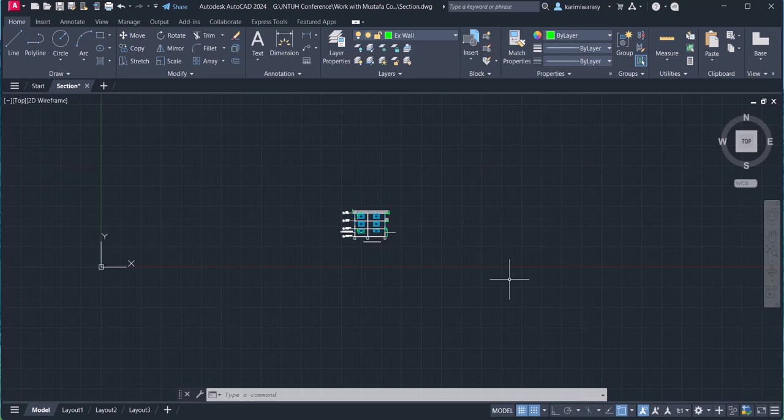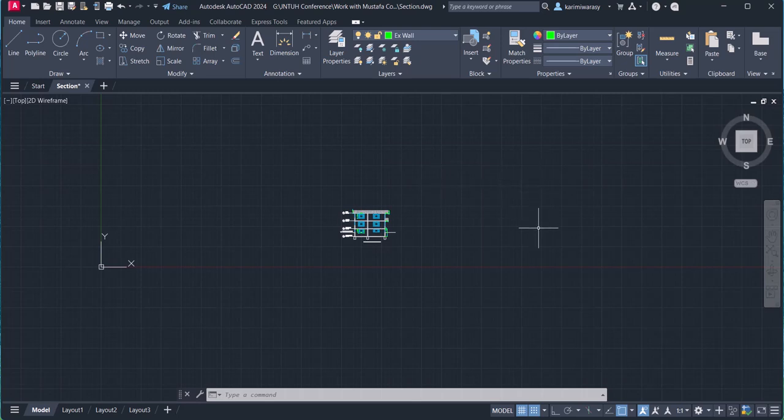In today's video I'm going to show how to bring the project plan in AutoCAD to the origin. This is the origin of the AutoCAD, and we have to move the project to the origin of this view. So for this purpose, I'm going to show what happens if we do not move the project to the origin,